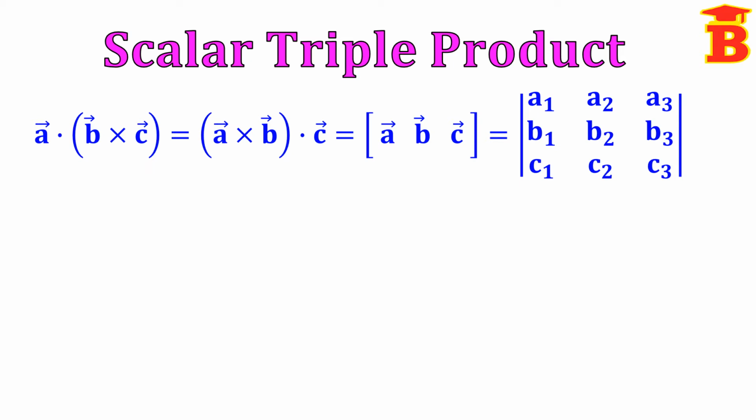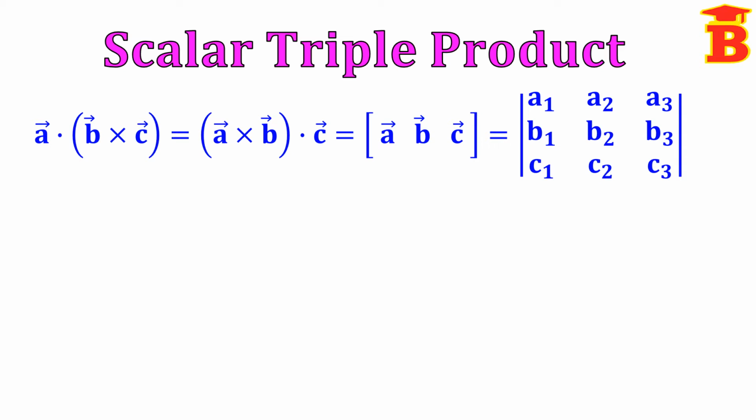And finally we take dot product between two vectors, so that dot product always gives a number, that is a scalar. So that is why we call it as scalar triple product. And this can be taken within bracket like this, bracket of A vector, B vector, C vector, and we say that it's a box product of A, B, C.